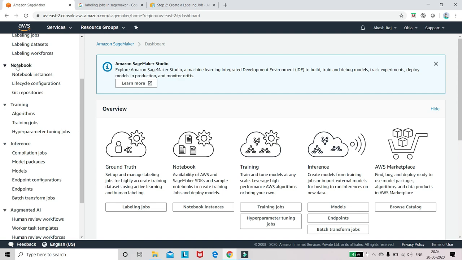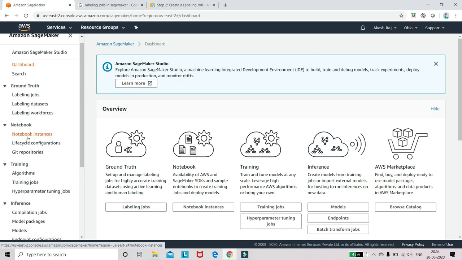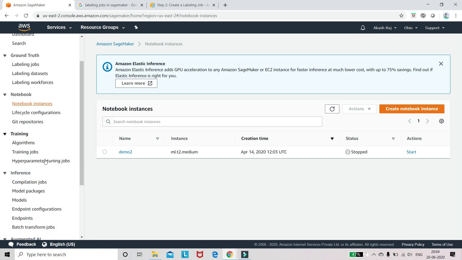To begin with, notebooks. So we all are aware about the Jupyter notebooks. So in Amazon, they will provide something called Jupyter notebook instances, which will be running on an EC2 instance, which we don't need to manage. It's managed by AWS. So these are the notebook instances. We need to create a notebook instance and run it. I'm not going to create it now. We will see deeper in later sections.